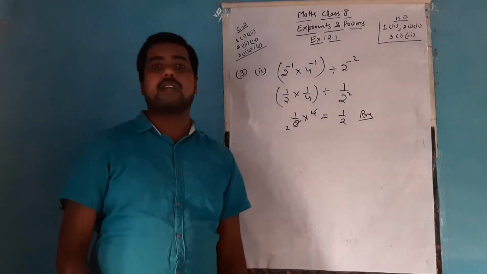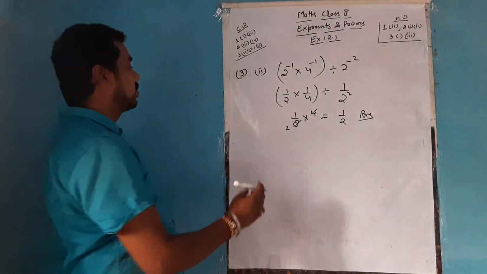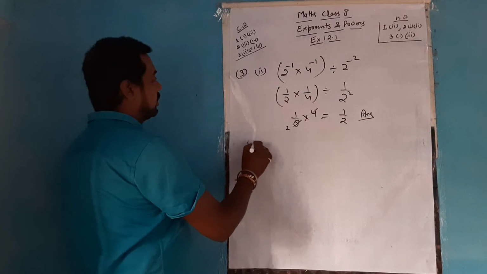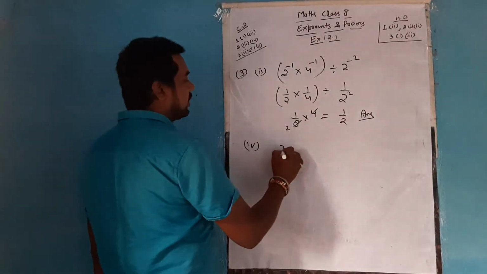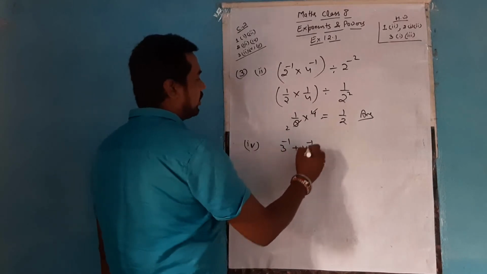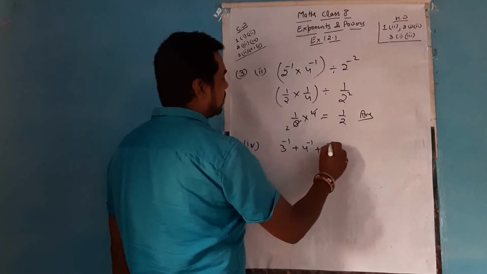When you simplify, that will give you 1 by 2 as the answer. So this is your second part. Fourth part says that 3 power minus 1 plus 4 power minus 1 plus 5 power minus 1